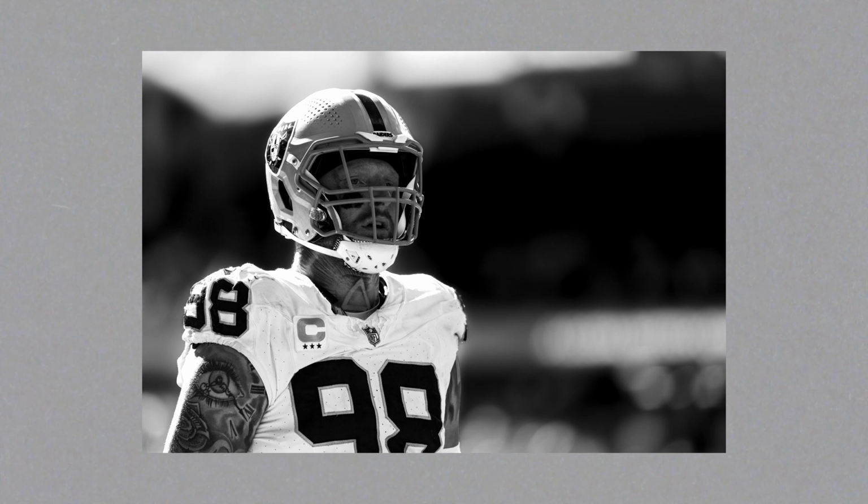And then the other one we're talking about with Maxx Crosby is this ISO on his face. This was actually after a touchdown from the Bears that ended up getting called back, and he was arguing that it was not a touchdown, but he was right there in front of me, and I had the 400mm lens to get super tight on his face. Turned it into black and white